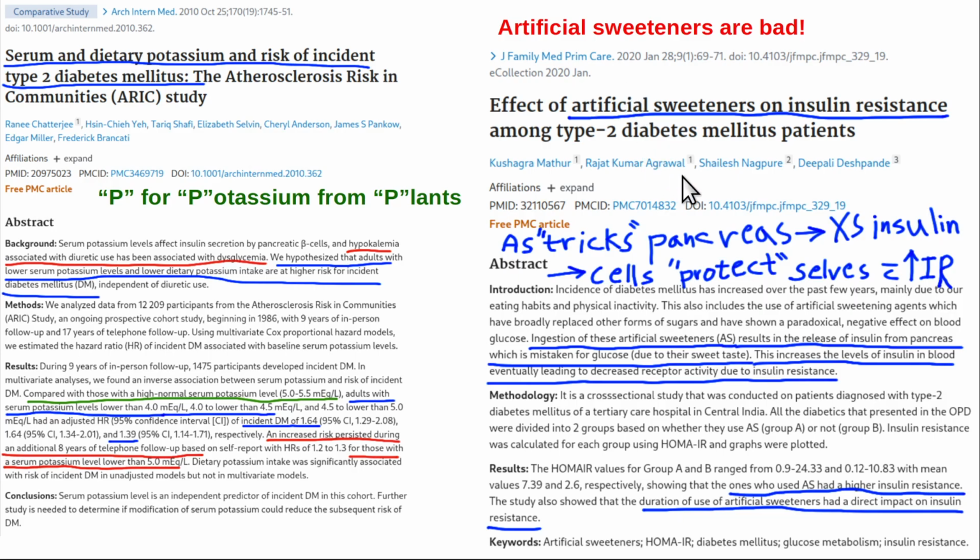Artificial sweeteners are bad. This is just one paper showing a mechanism where the artificial sweetener, with its very sweet taste in the mouth, sort of tricks the pancreas, if you will, leading to the pancreas releasing increased insulin. When the pancreas releases increased insulin, but there's no glucose in the blood to account for that sweet taste, the cells eventually recognize there's a problem, and they start to protect themselves by developing insulin resistance. So the net result is going to be promoting fat storage. Elevated blood insulin promotes fat storage. It's an anabolic hormone. It promotes storage of fat. It blocks the breakdown of fat, lipolysis. So you're basically screwing yourself. And who drinks artificial sweeteners? It's the fat lady.